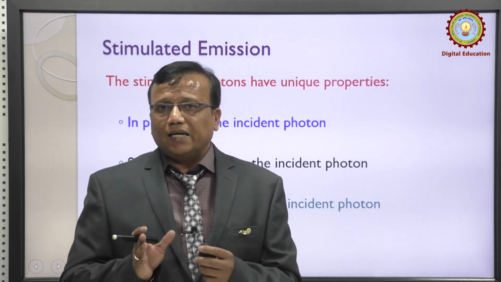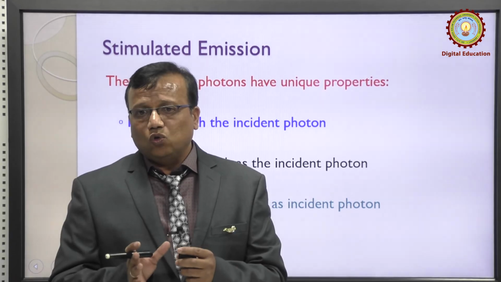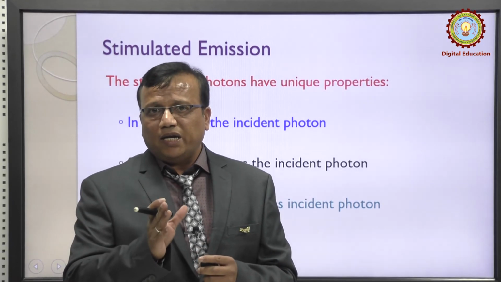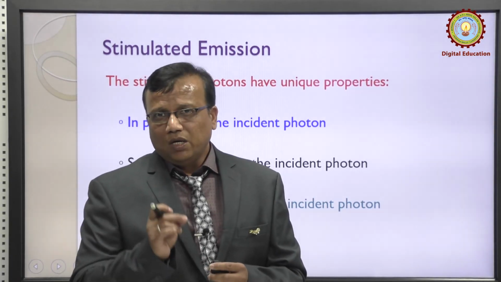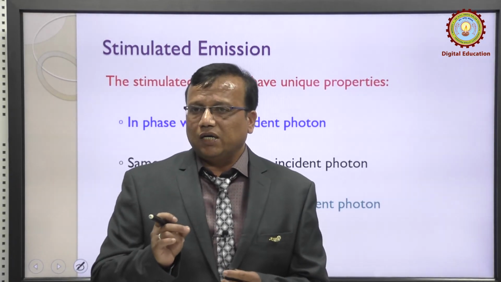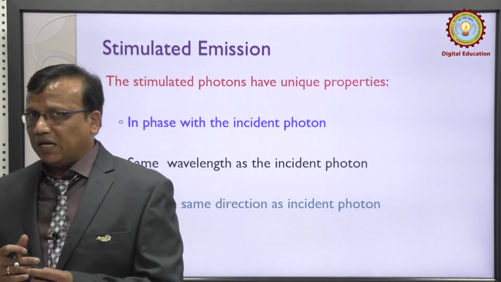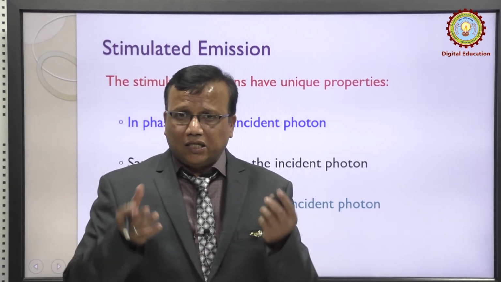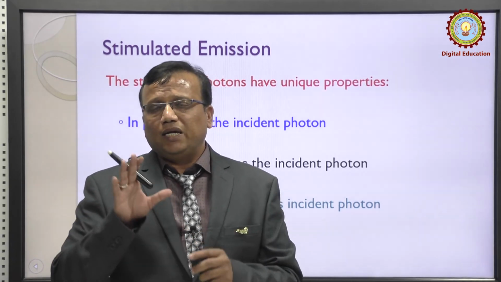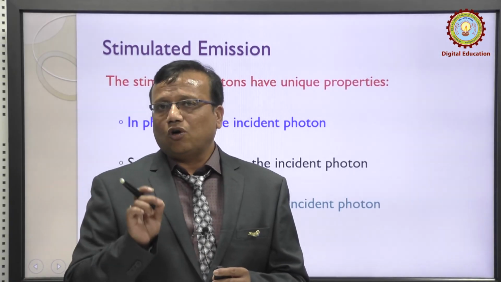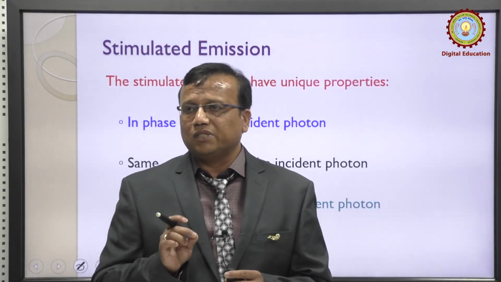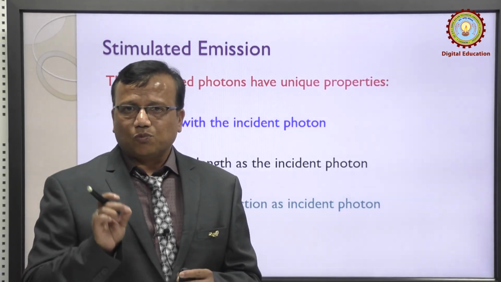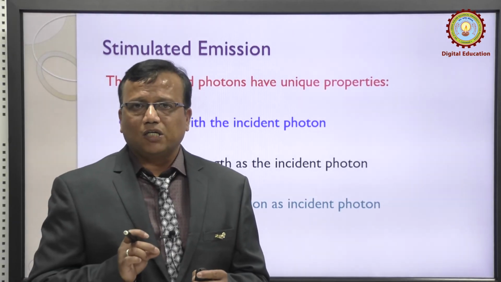So we can say that the stimulated emission process is widely used in making laser light, in preference to spontaneous emission, because spontaneous emission does not form a coherent source. We have widely discussed stimulated emission, spontaneous emission and induced absorption, and in these three processes we have come to know that there are three types of Einstein coefficients. The very first coefficient was for induced absorption, the second was for spontaneous emission, and the third was for stimulated emission.